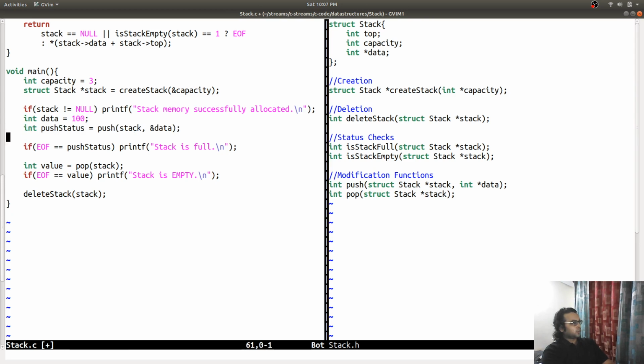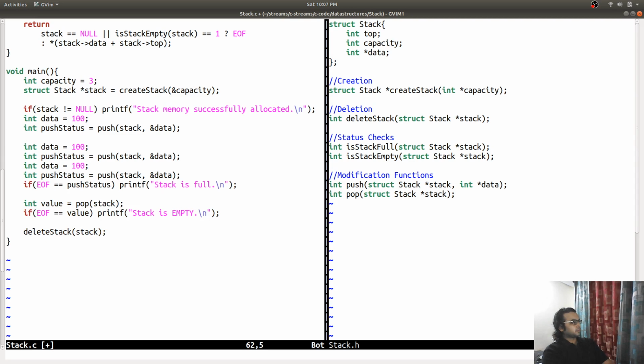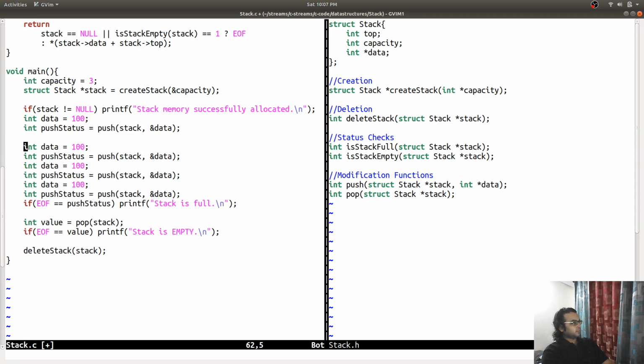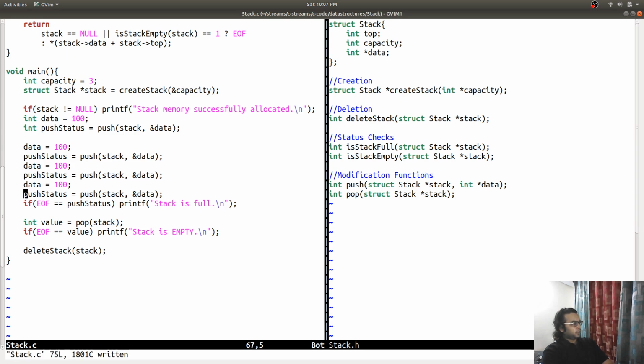So I'm going to do that, copying both of these lines. As these are already declared, I don't need to declare them again.